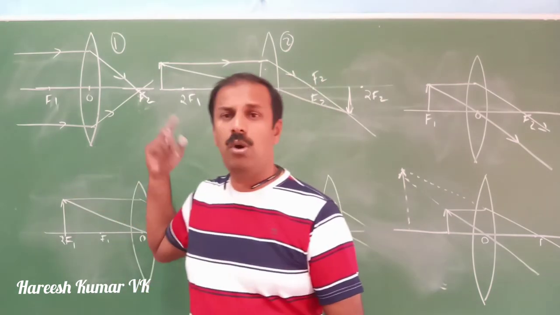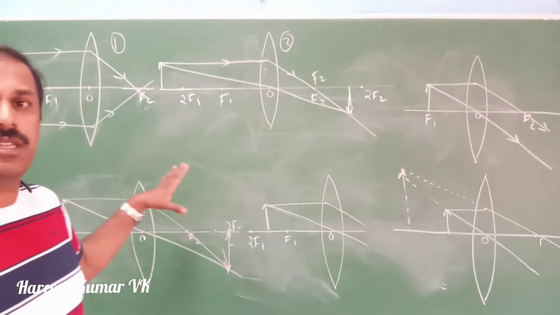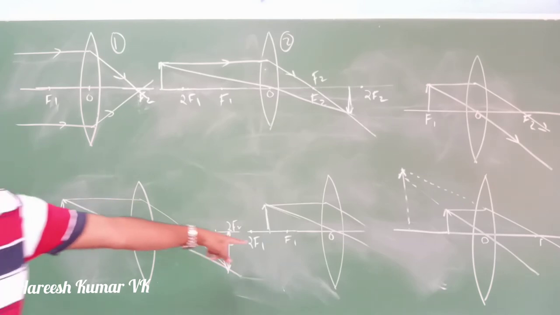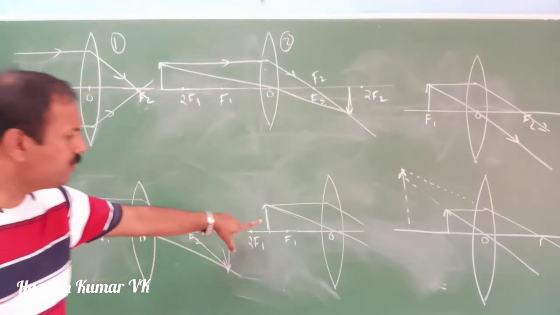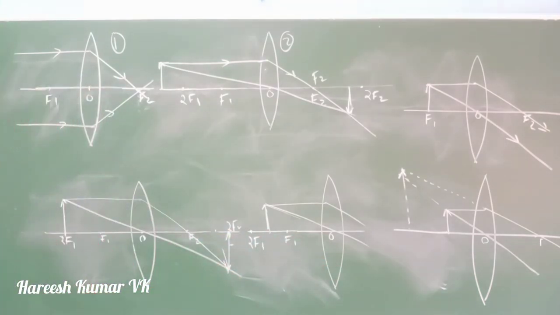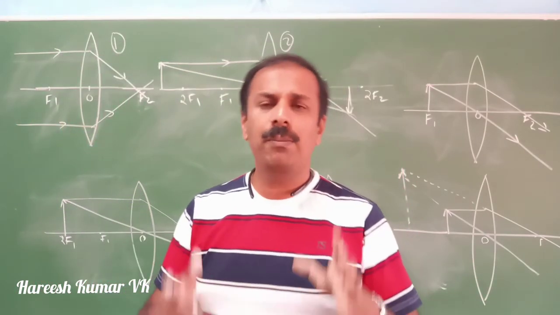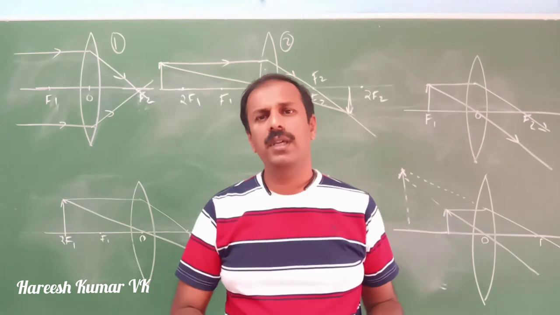So once more you see all these pictures together. You can just keep this one, you can screenshot it, and see all these things. This one picture is not complete, it should be beyond 2f. You can see all these things, it is there in your textbook also. And you can compare it with our mirror, then you will get it.